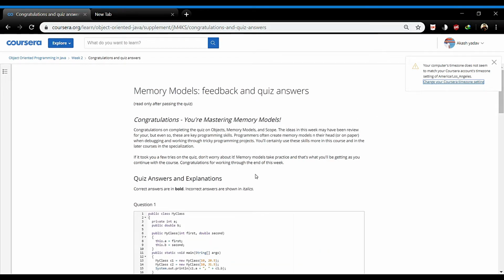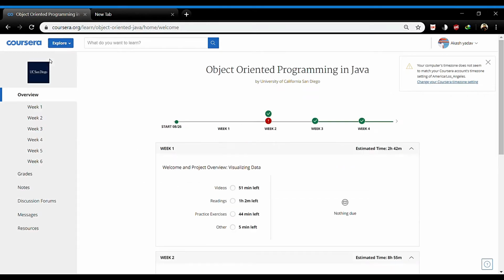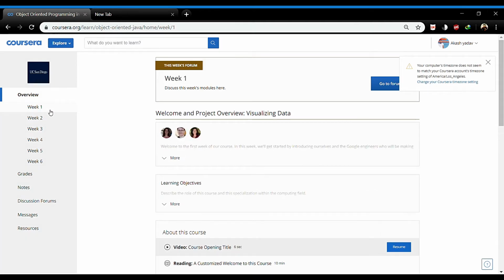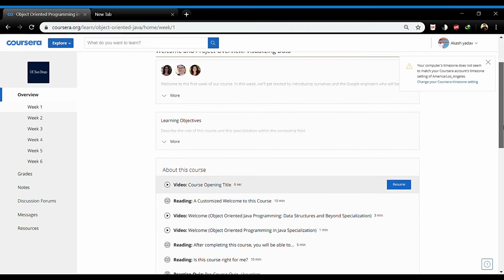So it is basically the memory modules and feedback of the quiz answer. Explanations, if you attend any quiz, it will give you that. Now coming to the overview of my course, as I have already started the course before this week, I've completed some of my weeks. Before giving the quiz, we must complete various videos, reading documents, and we have to attempt the practice exercise